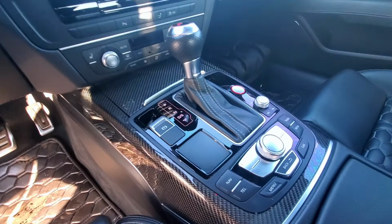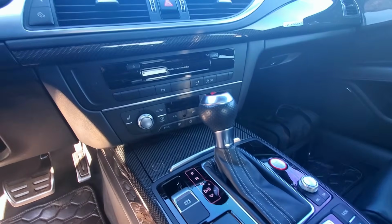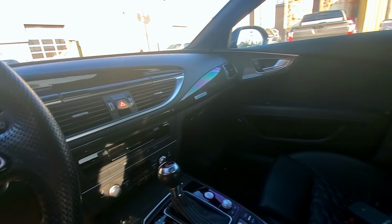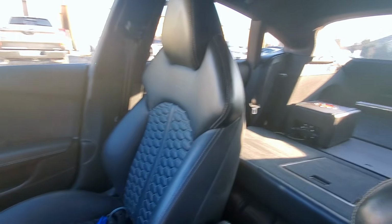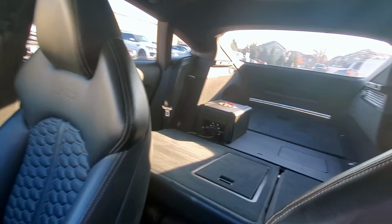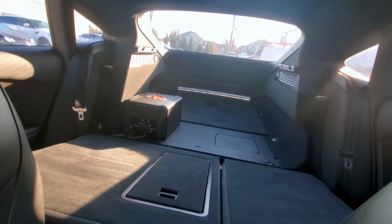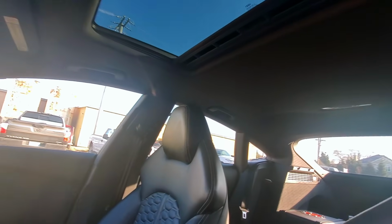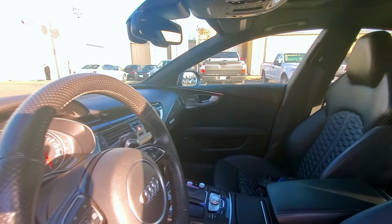So they wouldn't really release much more than that, other than the fact that it does have upgraded turbos and downpipes. They were able to verify that. They didn't give us power numbers. I'm hoping one of you guys will comment down below, and then I'll pin the comment. But some of these cars, the APR Stage 2 on their website, I think it's rated at like 715 horsepower on 93, and then like 761 crank on 100 octane. There is no doubt that this car probably has that to the wheels. So this could be an 800, 850 horsepower car with the upgraded fuel and turbochargers and all that good stuff